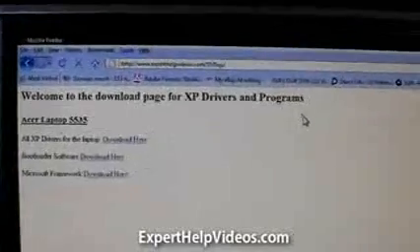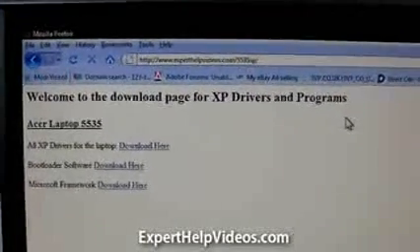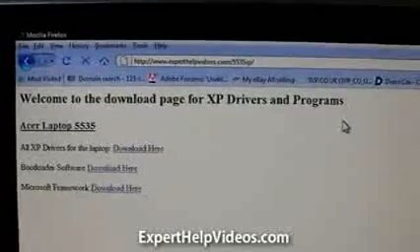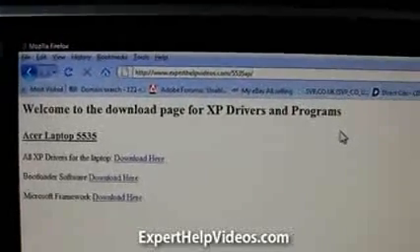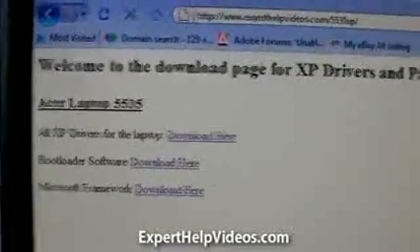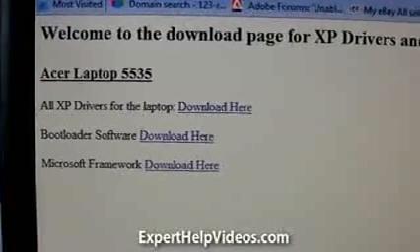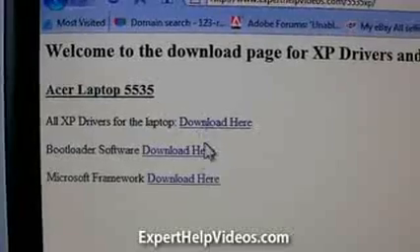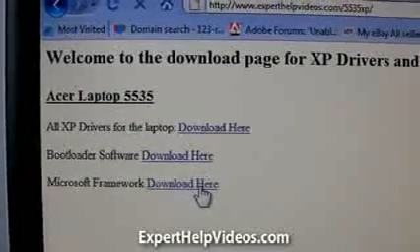Let's just click enter there, and it will take you to a download page. This is a special download page which we've set up for you. It says welcome to the download page for XP drivers and programs for the Acer laptop 5535. What you're going to have to do is click in turn on each of these links one at a time